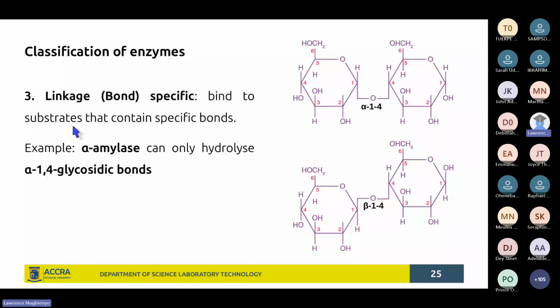I think I talked about this in first year, that our alpha amylase can break down only the alpha 1,4 glycosidic bonds between monosaccharides in polysaccharides, say in starch. But the alpha amylase is not able to break down the beta 1,4-glycosidic bond. And I think I did even mention to you an example of,